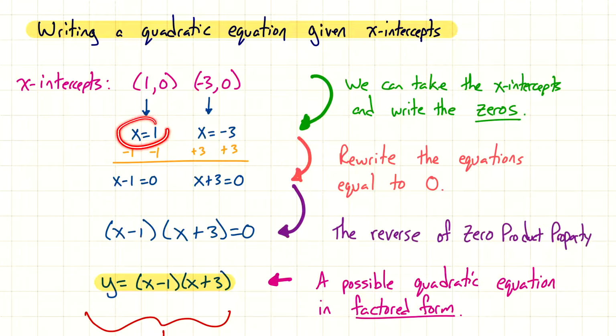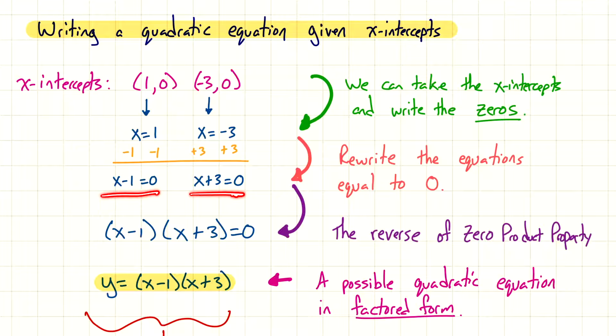So if I want x equals 1 to end up being some equation equal to 0, I need to subtract 1 from both sides, and then 1 minus 1 is 0, right? And then x minus 1 stays as x minus 1. All right, so it's kind of like we're just undoing this whole solving equation process. And so the same thing with the second factor. Now that we have these two equations from our x-intercepts,